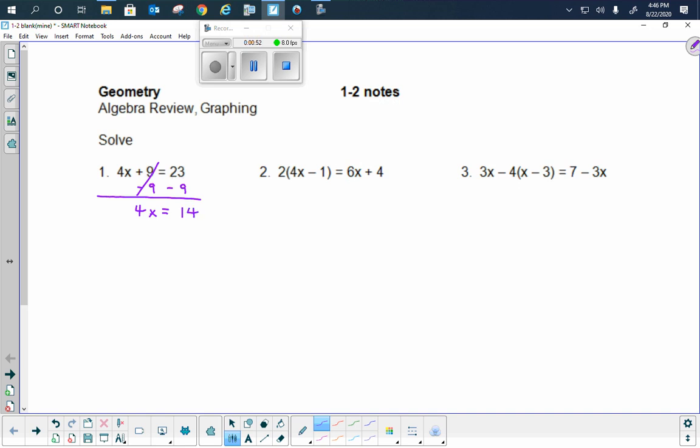And then this means right here, 4 times x, right? So if I'm trying to get rid of 4 times x, I need to do the opposite operation. So I need to divide by 4. Remember, we write division this way, so over 4, over 4. Those now cancel, the 4's, leaving you with just the x equals. And then let's talk about